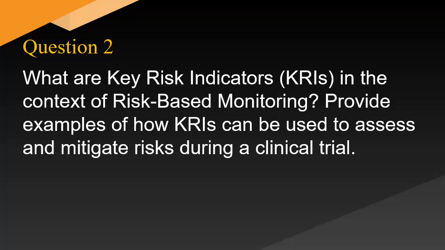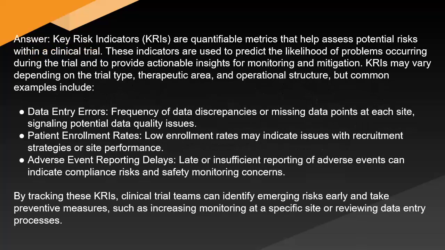What are key risk indicators, KRIs, in the context of risk-based monitoring? Provide examples of how KRIs can be used to assess and mitigate risks during a clinical trial. Answer: Key risk indicators, KRIs, are quantifiable metrics that help assess potential risks within a clinical trial. These indicators are used to predict the likelihood of problems occurring during the trial and to provide actionable insights for